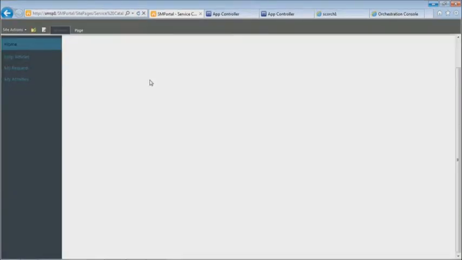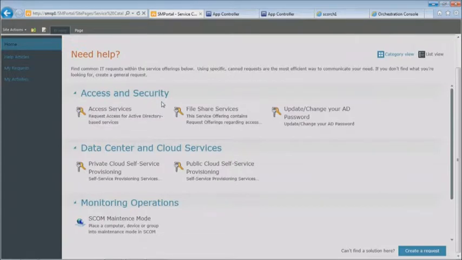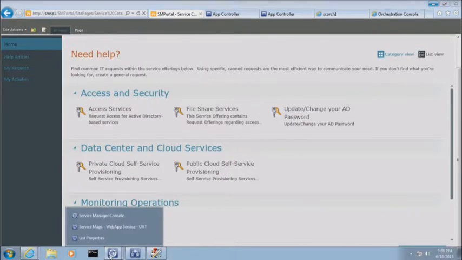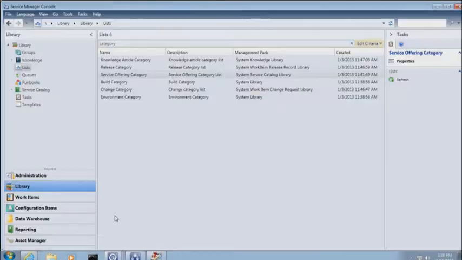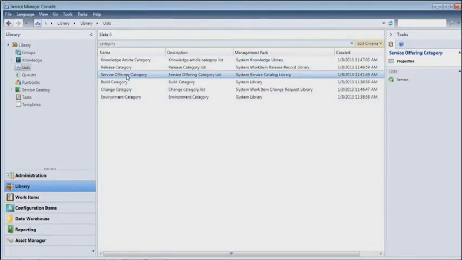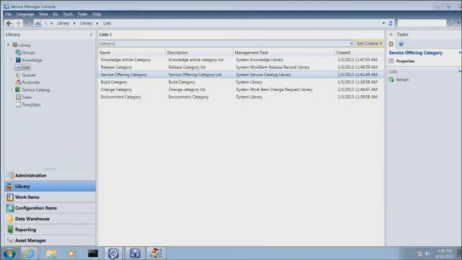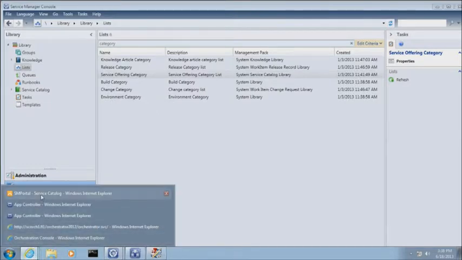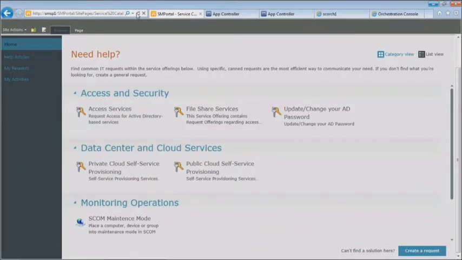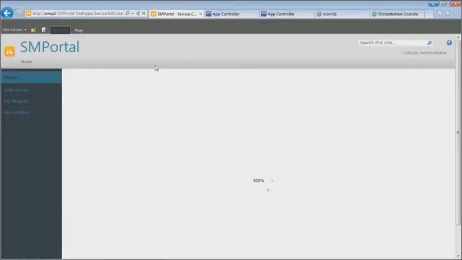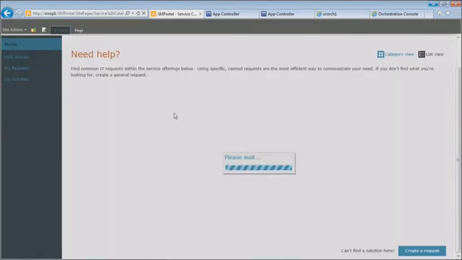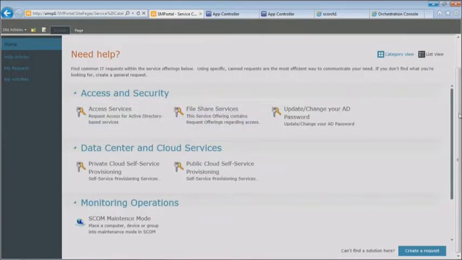And assuming that got written out to the database, give it just a second to finish, frankly. As soon as that category gets written out to the database, it's going to, I don't know that I actually saved it. Yeah, I did. So access and security. So within a very short amount of time, access and security will say access and security dash MVA. So we'll give it a couple of minutes here and that should show up,